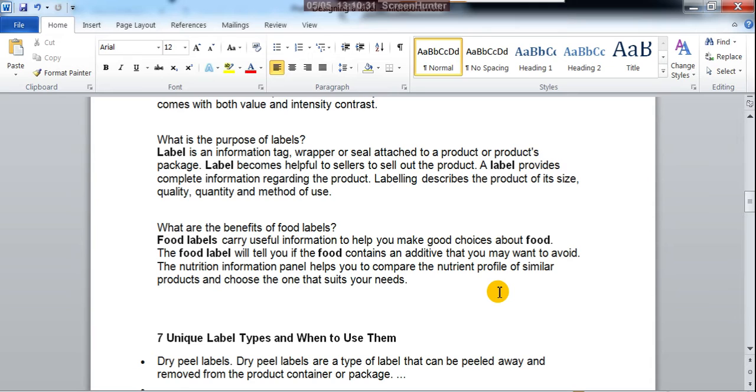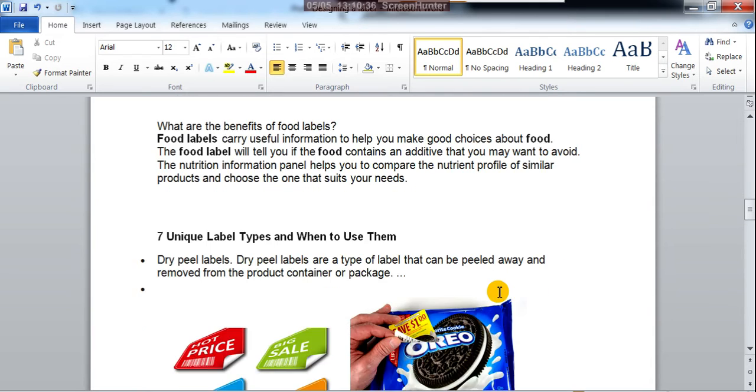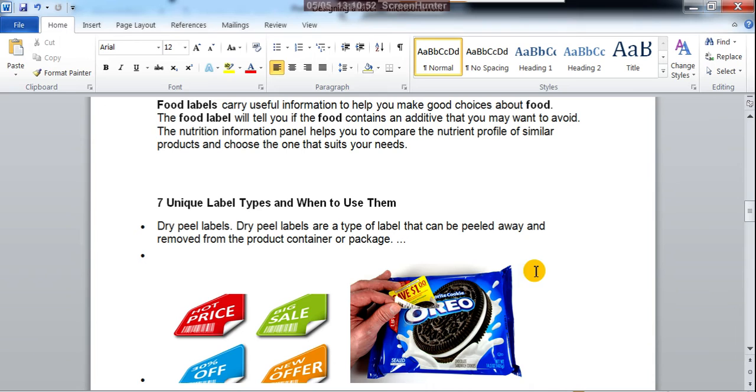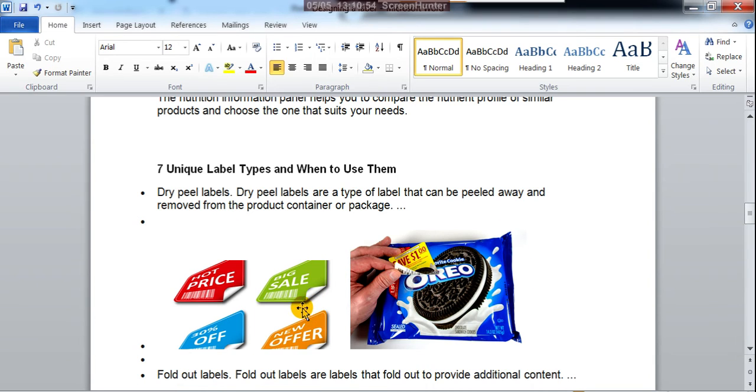Yes, 7 unique label types and when to use them. Here are the 7 different kinds of labels we generally observe in markets and malls. The dry peel labels. Dry peel labels are a type of label that can be peeled away and removed from the product container or package. So temporarily you can paste them on the product.